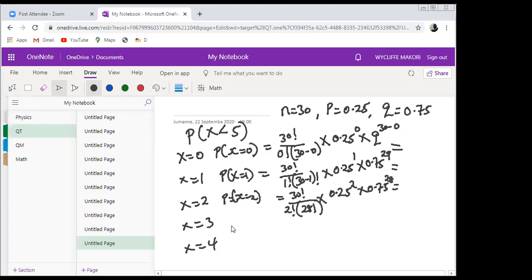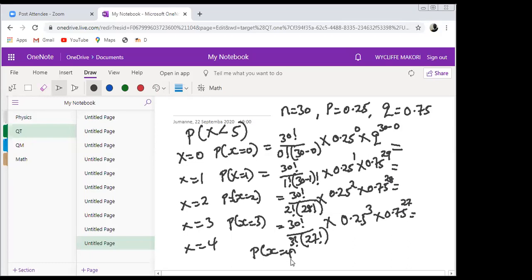You proceed to when x is 3, so the probability that x is equal to 3 is going to be 30 factorial over 3 factorial times 30 minus 3, which is actually 27 factorial. Then you multiply by 0.25 power 3 times 0.75 power 30 minus 3, which is 27. You get that. And then lastly, you go to the probability when x is equal to 4, which is going to be